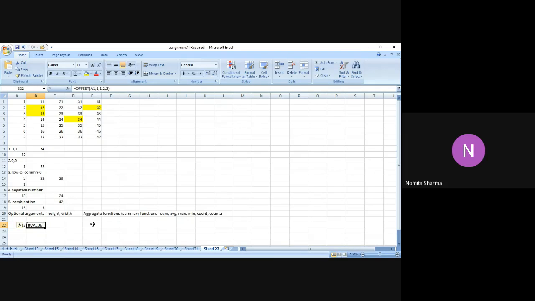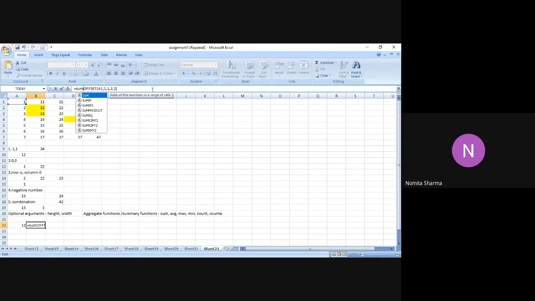And even if, as you know, in earlier cases when I was mentioning 1 comma 1, even when the OFFSET function is used without any function, it gave me the answer, because 1 by 1 actually means one cell only, which is equal to one value. But the moment I try to go beyond 1 by 1, I've given 2 by 2, it is actually expecting me to have some function which I have to use for processing of that array, which is defined by 2 comma 2. So let me go back to my function and let me correct that, and let me use a